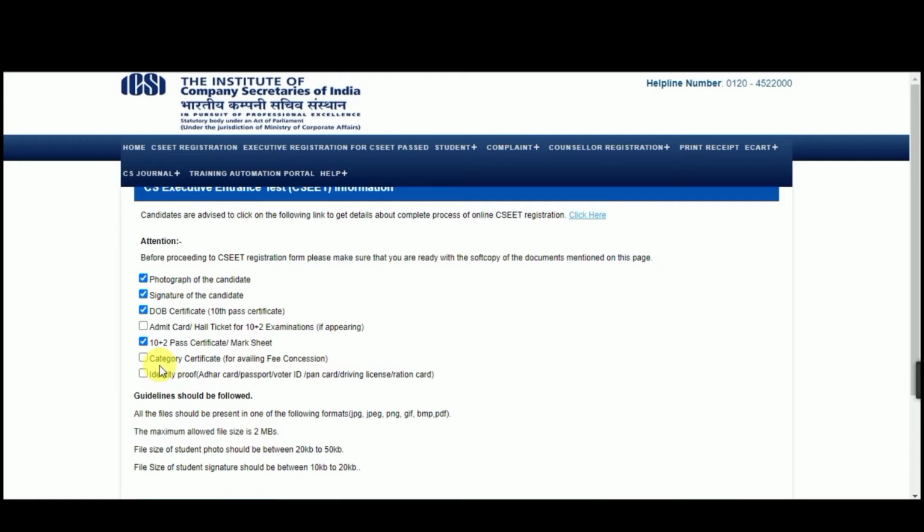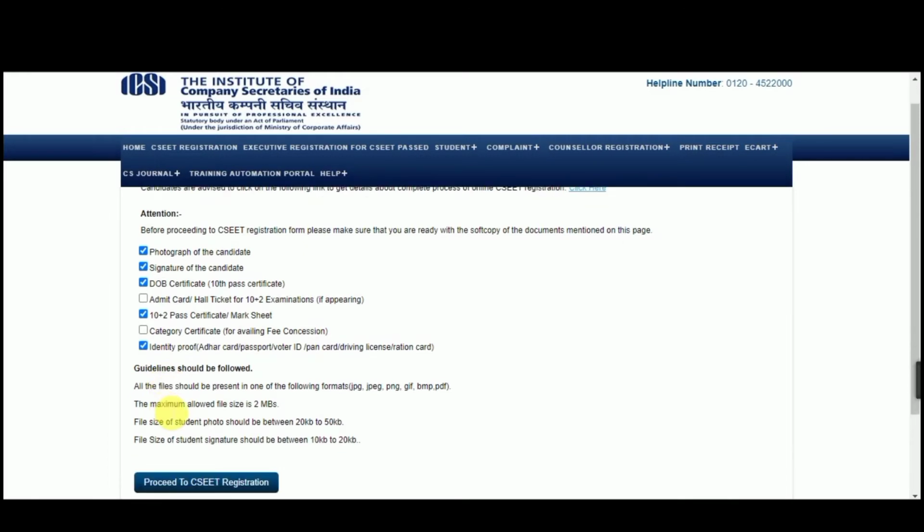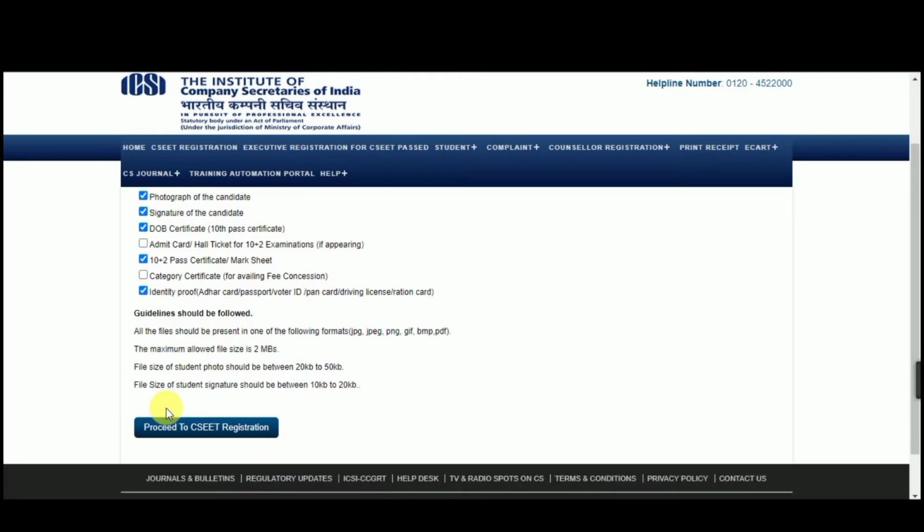You need to carry one identity proof such as Aadhaar card, passport, voter ID card, PAN card, driving license, or ration card, any one of them. So you need these 5 documents, or 6 documents if you are from a special category. Now proceed to CSEET registration.